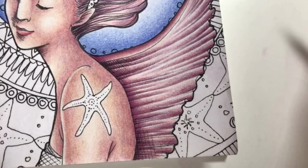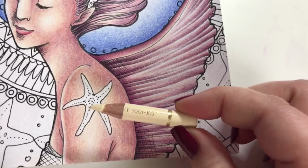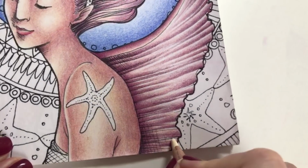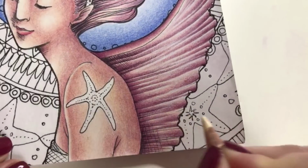There we go. And now for our highlight, which is ivory. No, we can't see the name anymore, but the color is visible. No, not the color, the number. And I'm only going to softly take this